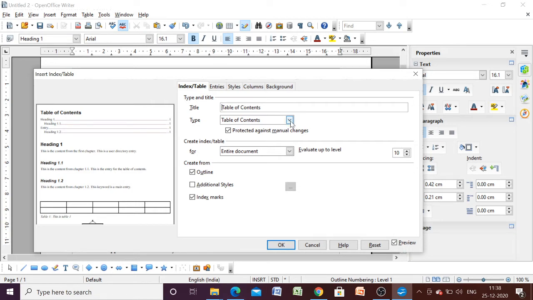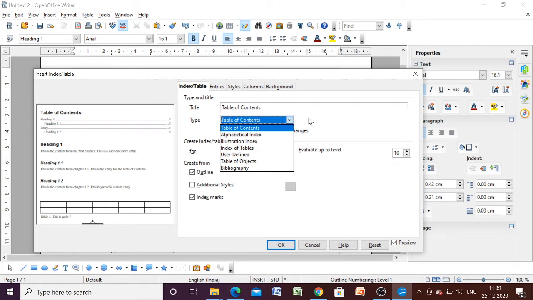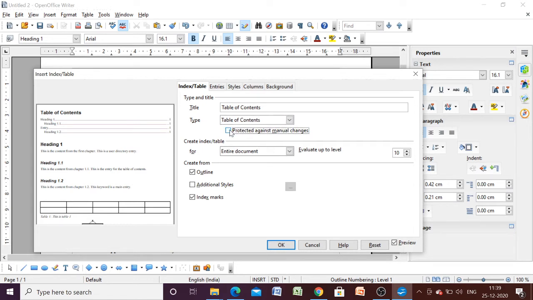Now the type can be chosen as Table of Contents. We will keep it as Table of Contents. If this is unchecked, then it will not protect your table of contents against manual changes. So click this one so that it will be protected against manual changes.